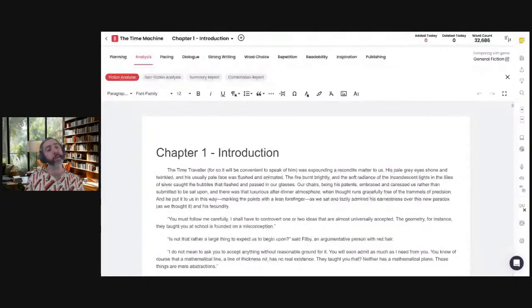Well, of course, the first stage in the editing process, once you've created your first draft, once you've written the end, is to start working on developmental editing, right? So the fiction analyzer is our big tool for that. It's to really help you see what you actually have written. Now, this is really helpful for those of you who like to pants, right?